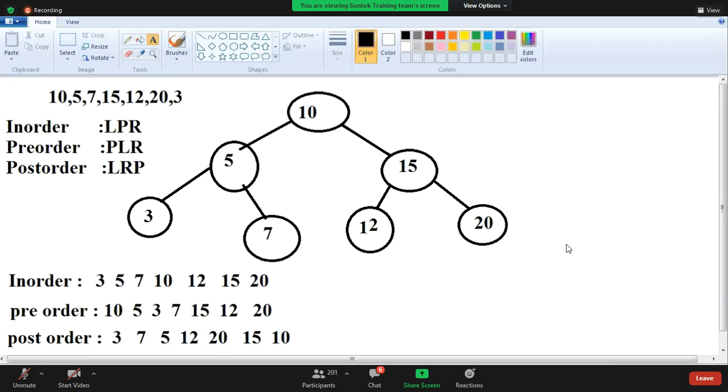Clear? 3, 7, 5, 12. Yeah, Raghavi, very good.